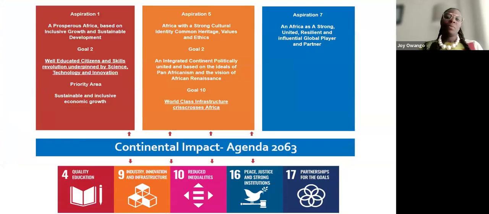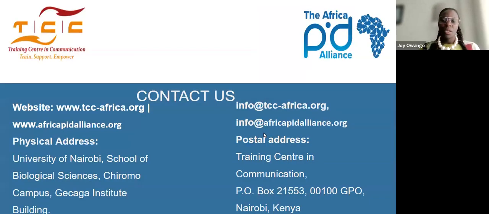Now, we are in line with the Continental Agenda 2063, particularly aspirations 1, 5, and 7. But within those aspirations, it is what we are looking at, especially in aspiration 1, goal 2: we want to have well-educated citizens and a skills revolution underpinned by science, technology, and innovation. And when it comes to aspiration 5 on goal 10, we are looking at world-class infrastructure crisscrossing the continent. So we are well aligned within